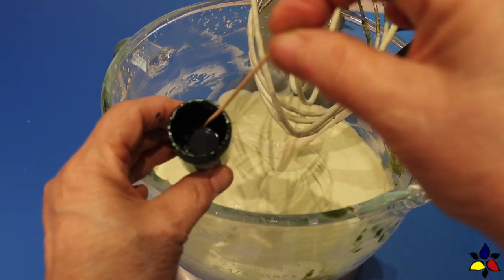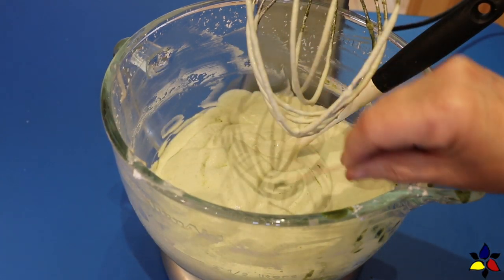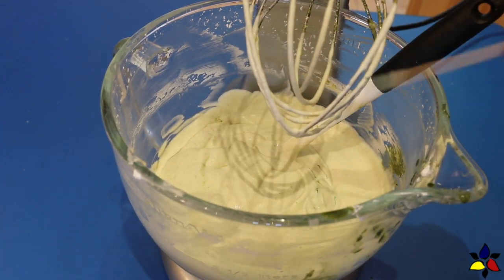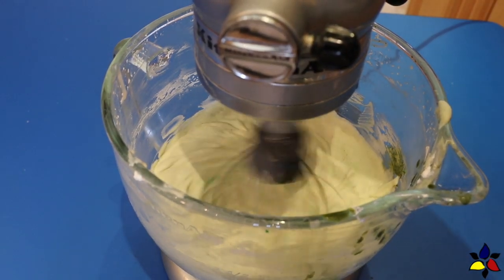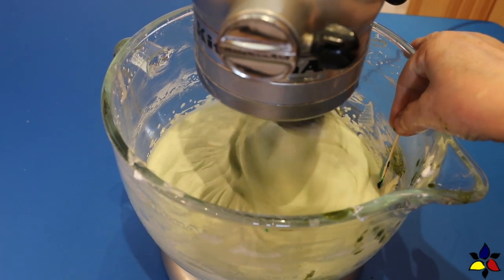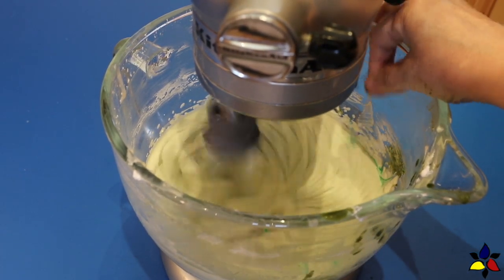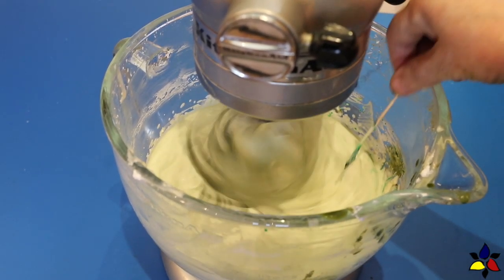The next step is completely optional. You do not have to add any food color. You can leave the ice cream this very pale green if you like, but I do have to admit I like to add a bit of the gel food color because I want a deeper shade of green for my mint ice cream. So I add about 1 or 2 dipped toothpicks of the Kelly Green Wilton food color into